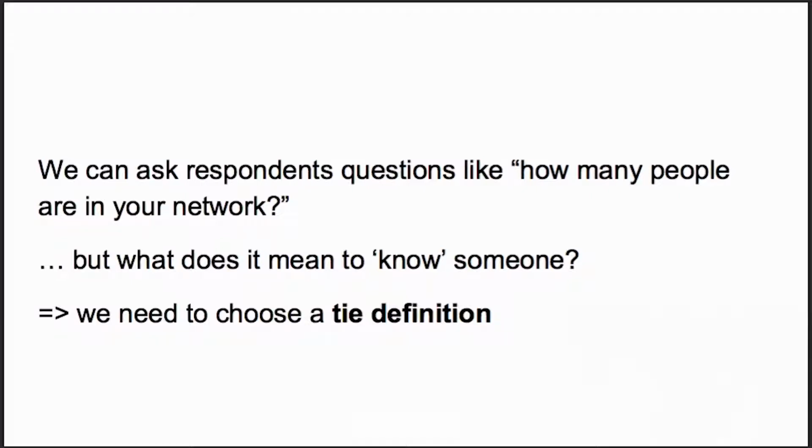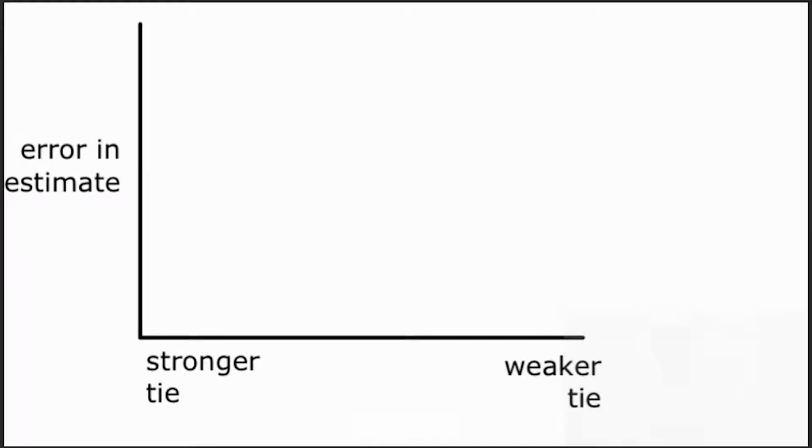Well, that's a great question, and in fact, that is a really important study design parameter. So when you're trying to design a survey to use network reports to measure something, which network specifically you're asking people to report about is a really critical question. Some of you have seen this before, but as part of my dissertation, I developed a framework that is a theory, a conjecture. It hasn't been empirically proven, but it's a way to think about what trade-offs might be at play when we ask about different types of networks with this approach. So I'm going to think about this in terms of how strong the tie is